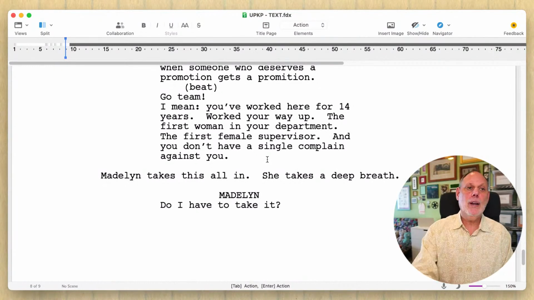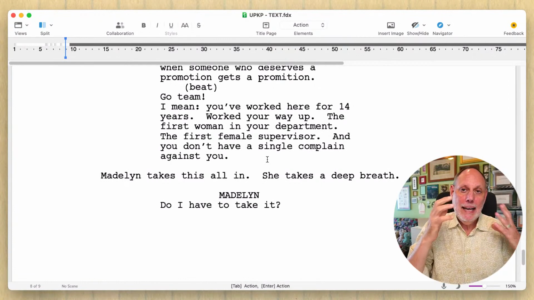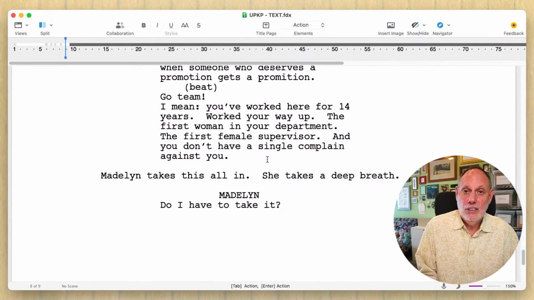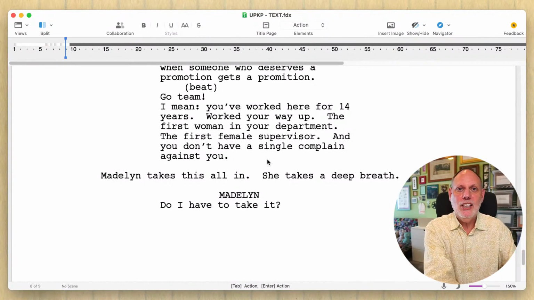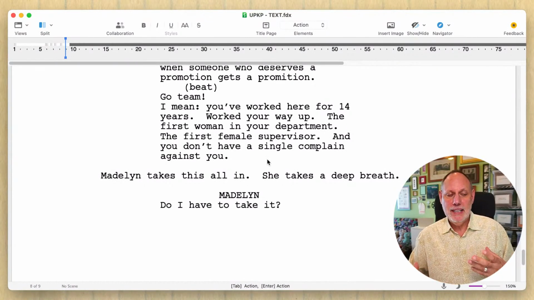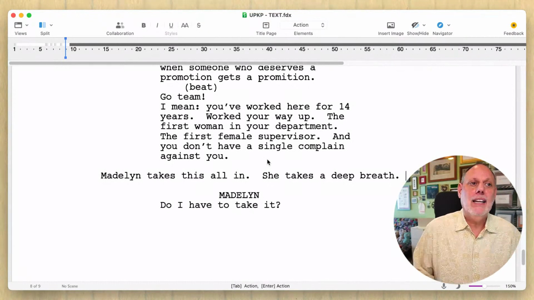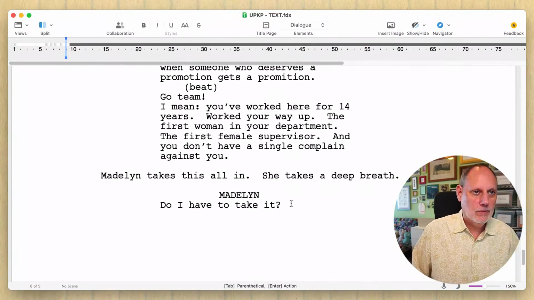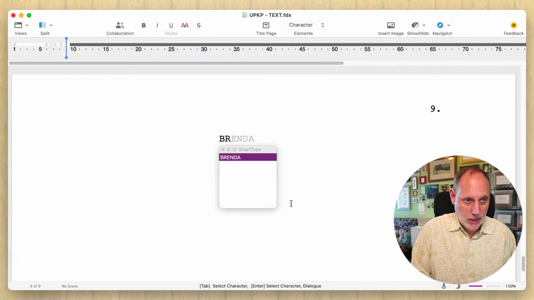So basically what I'm doing is building up this scene where Madeline is nonplussed. She is surprised. So Brenda is filling the vacuum of Madeline not jumping up and down by explaining herself. And Brenda says,